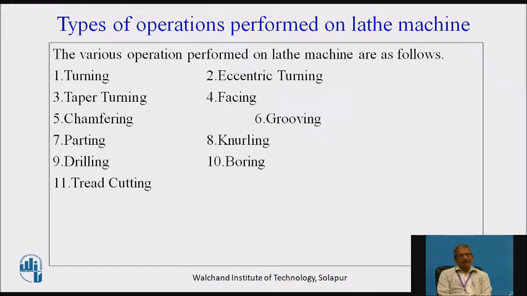Now parting is dividing or cutting the piece on the lathe by using the grooving process. So a groove is of a particular depth and particular width. In case of parting, if we go on grooving till the center of the axis line, then it will cut the workpiece into two pieces, that is called parting. Knurling is the preparation of a uniformly rough surface, but a smooth surface, and is called the knurling operation. The knurling tools are available which are harder than the